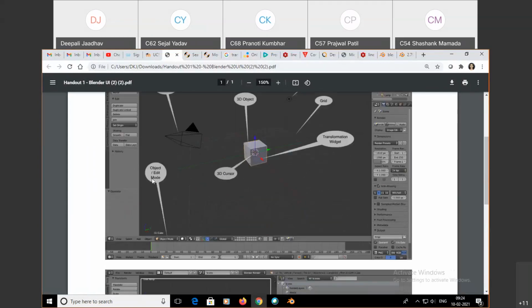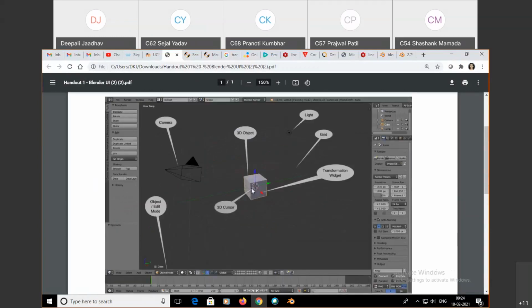Then the object mode, edit mode, wireframe mode, so many types of modes are available here. Then this 3D object, which is default; different types of objects are available in Blender. Then you can see the 3D cursor here. Why is it a 3D cursor?